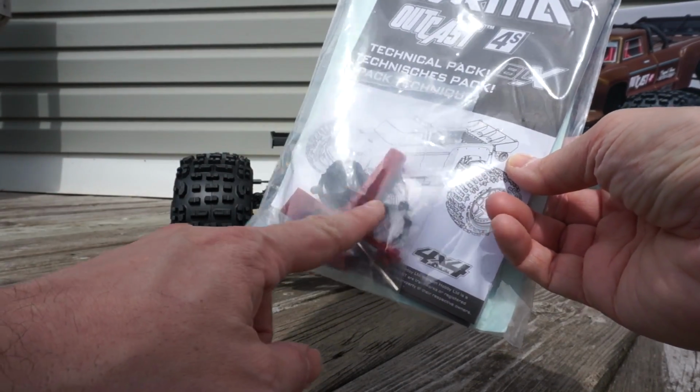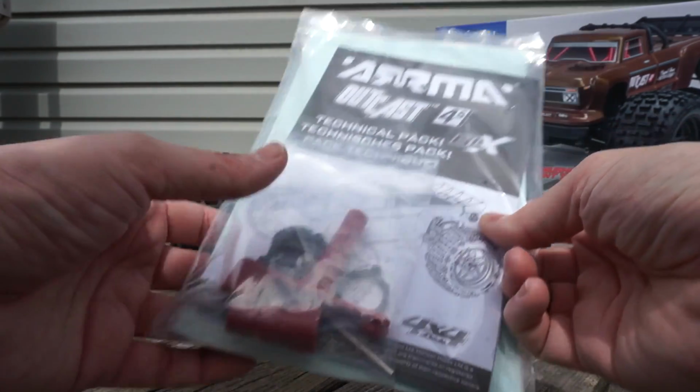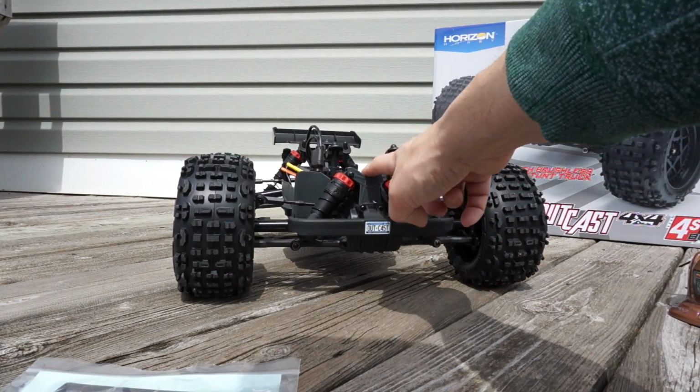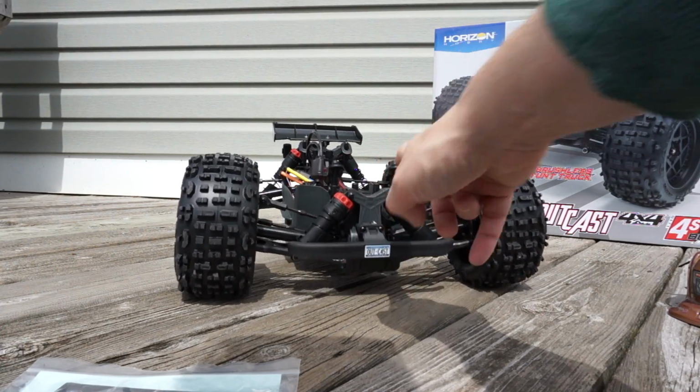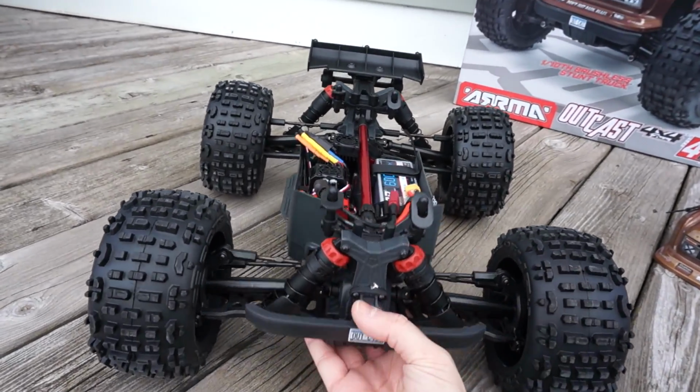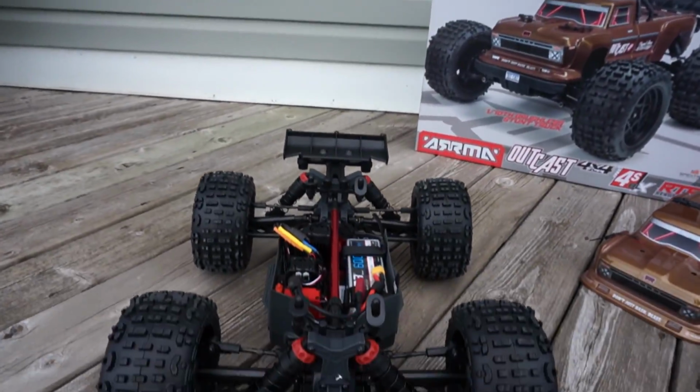And the shocks, since they are not threaded shocks, they give you these little clips, which allow you to adjust the preload on your shocks. But overall, out of the box, it seems very well dampened, and even when I put my battery in it, it seems perfectly set up for use out of the box. Overall, the dampening on this thing is excellent. And I do have a battery in it,